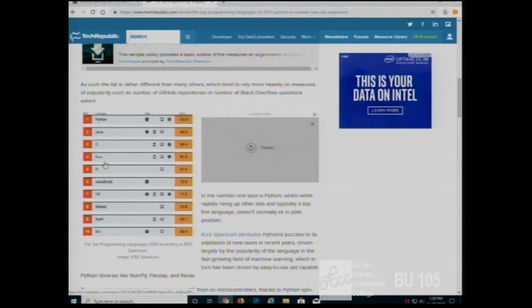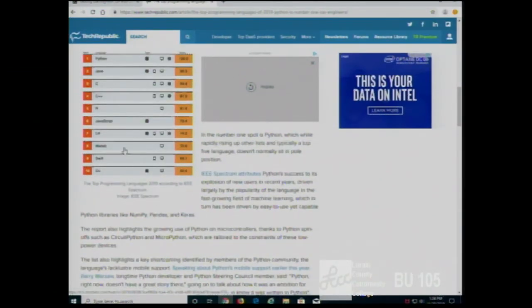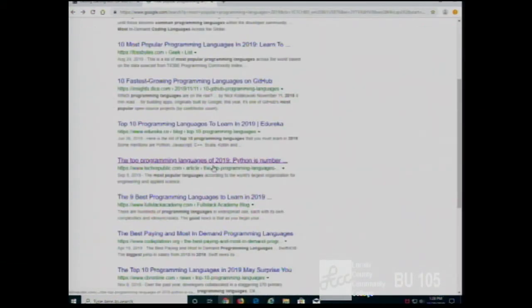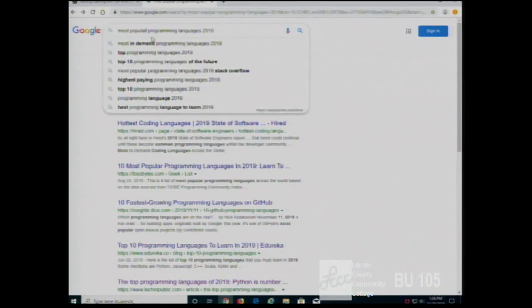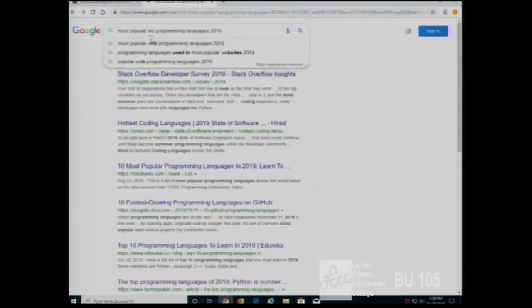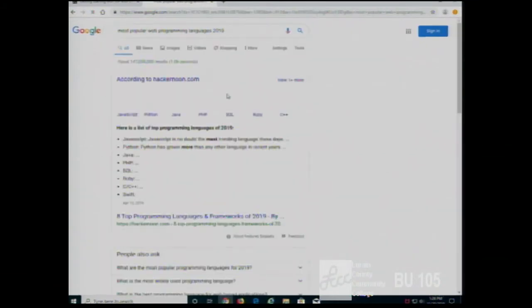Yeah, I mean, PHP is still used. I don't know. It's not high on this list. If we look more specialized to web things, we see